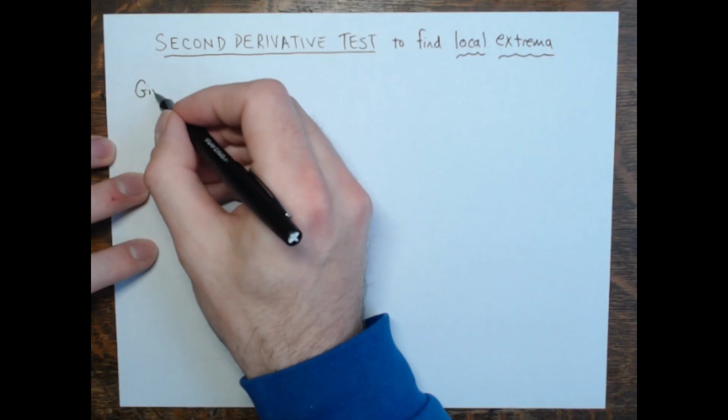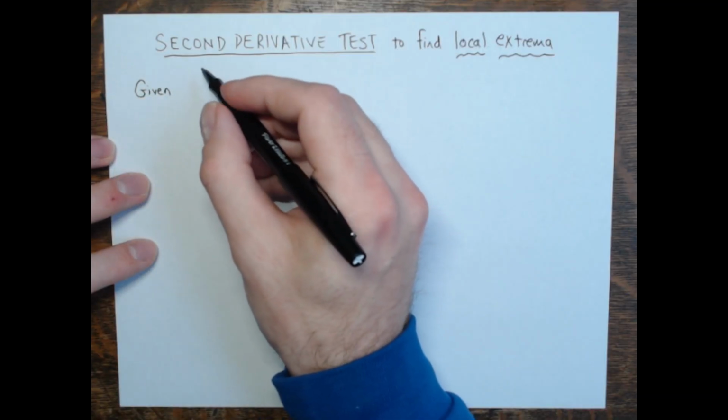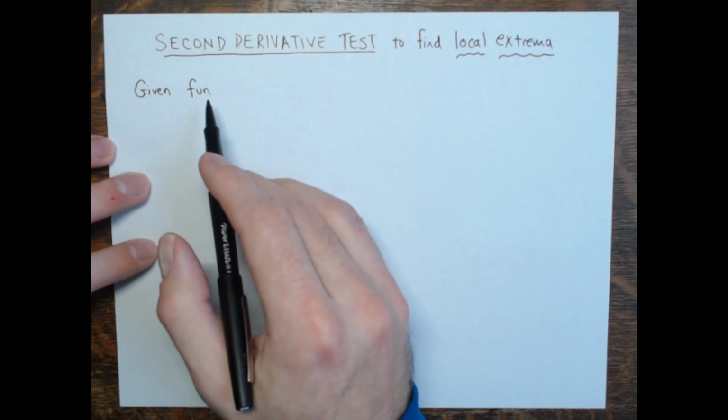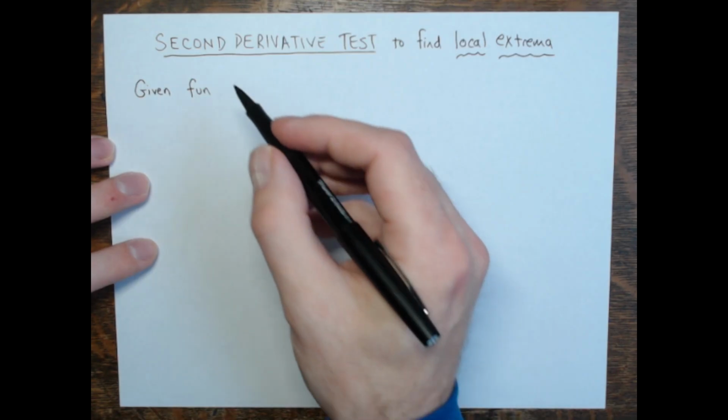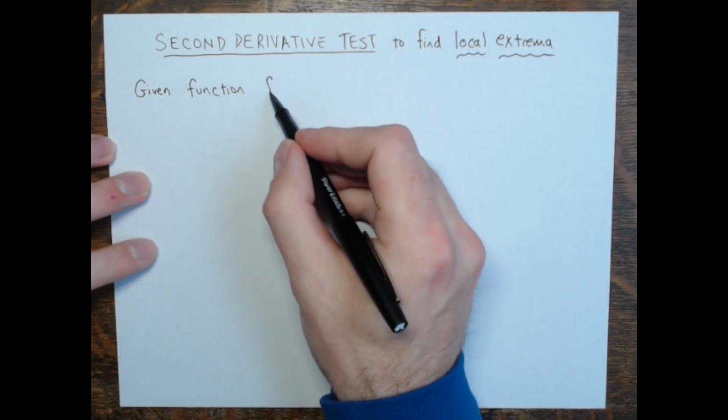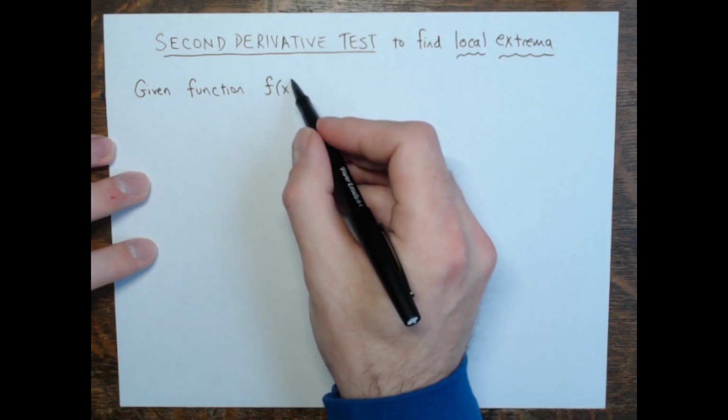So here it is, our second derivative test. So given a function, something that's twice differentiable, meaning it has a first and second derivative. That's kind of implied here. So to say, given a differentiable function, f,